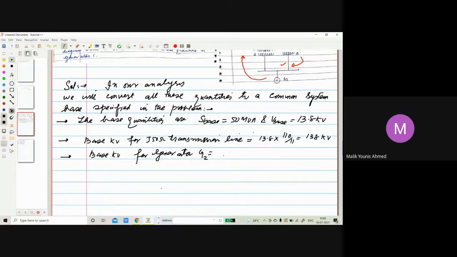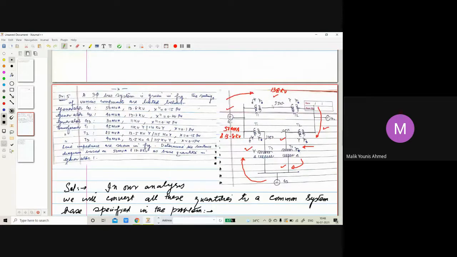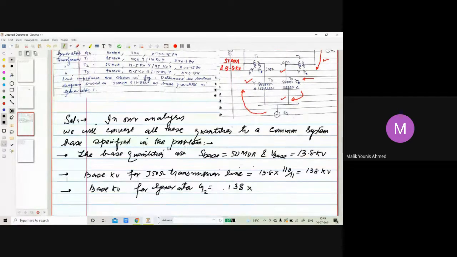So this is 138 multiplied by, in this case, what will the secondary be? Secondary will be 12.5, because 138 has to match with 115. It is near to 115, not to 12.5. So secondary will be 12.5 divided by 115. Same concept has to be applied, what I told earlier. So this comes out to be 15 kV. I hope there is no question in this case also.